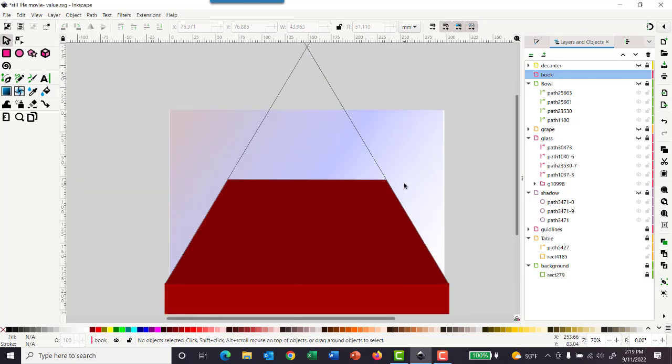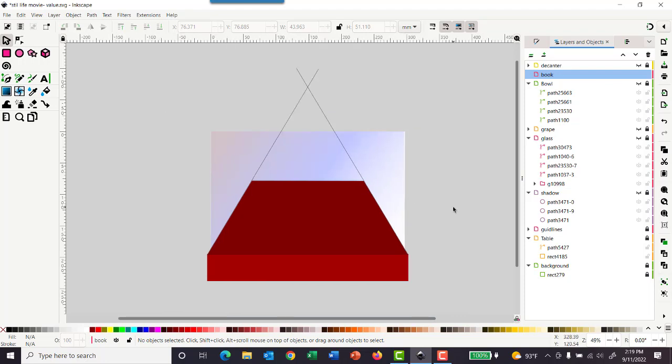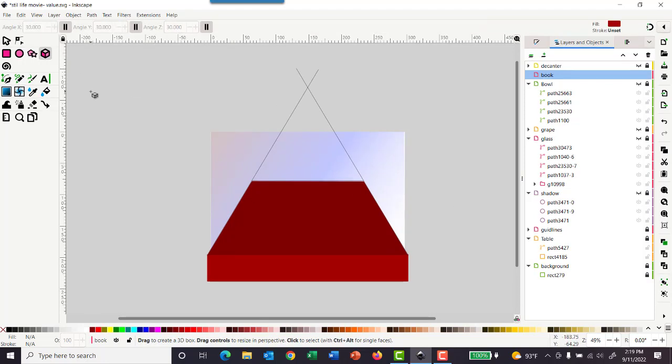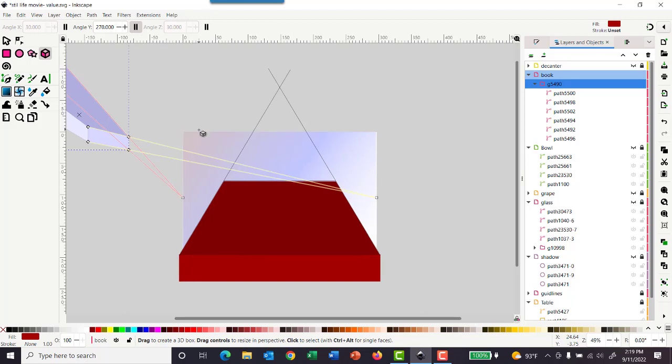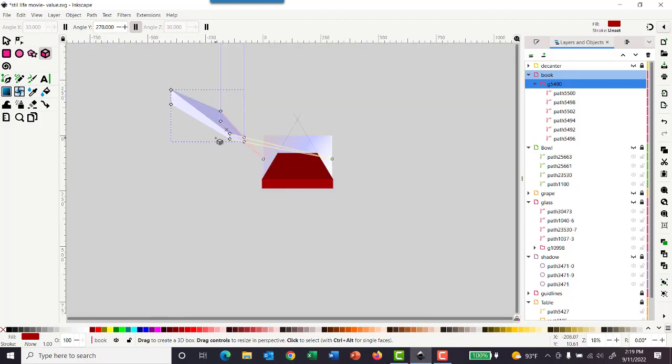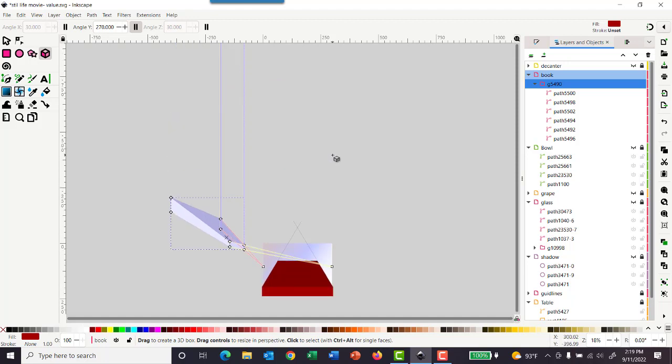Okay, so zoom out. That's right, because this is a 1 point, or no, it's going to be a 2 point perspective. Okay, so this is the box tool. What does it do? Click, hold. As you can see, it makes boxes. And I'm just going to show you the things that you adjust on it. All right, there are